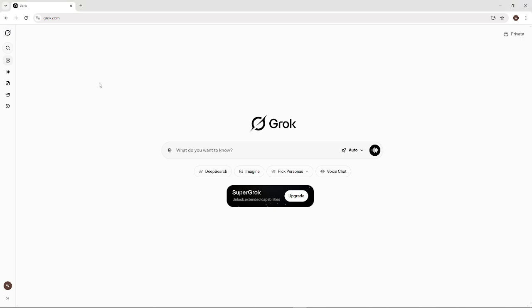In today's video, I'm going to teach you how to generate CSS fast with Grok AI, a step-by-step guide. By the end, you'll know exactly how to go from an idea to clean, ready-to-use CSS with just a few